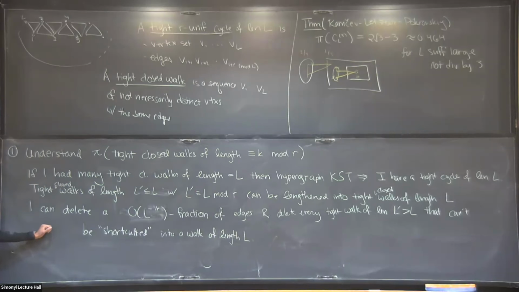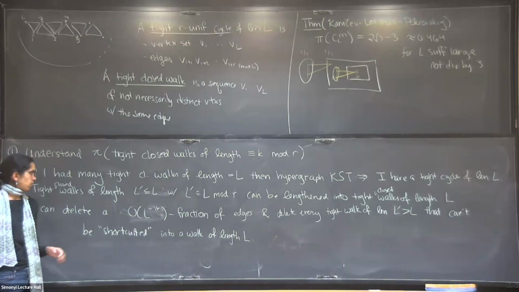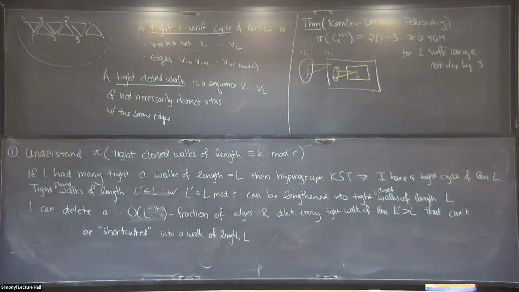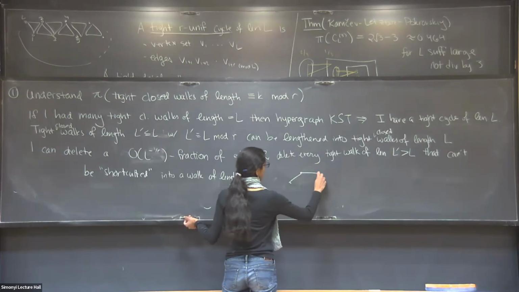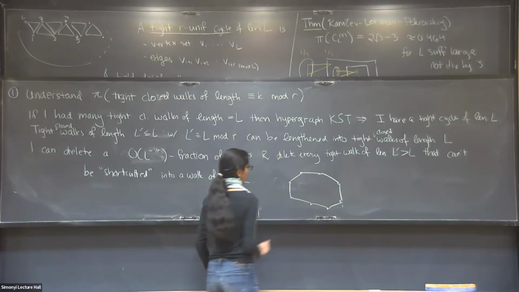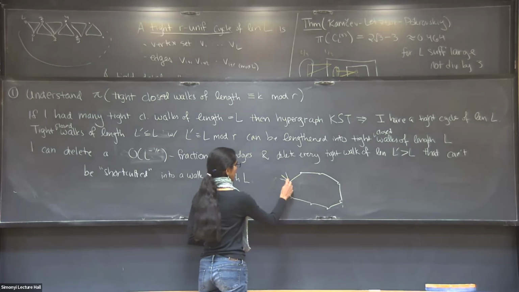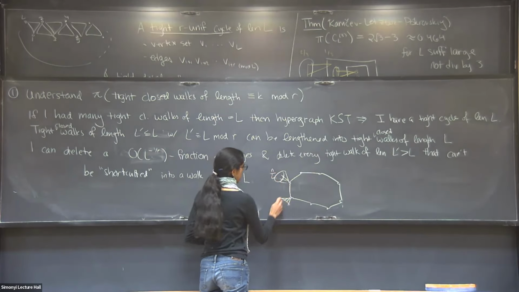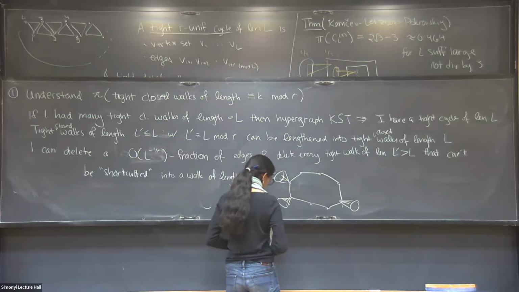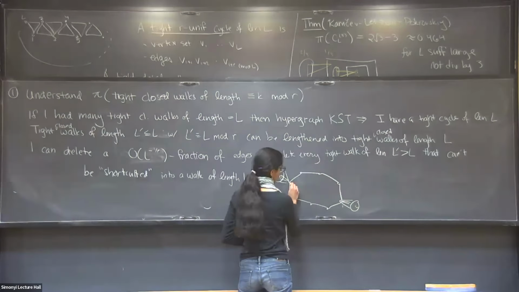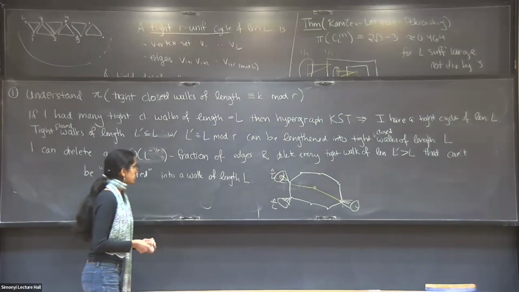So what you might picture in graph world is you start with your graph and you delete a small fraction of vertices whose degrees are less than 1 over L. Then if every vertex in your graph has degree at least omega of 1 over L, you can sort of shortcut any long cycle, because if you have a cycle of length much longer than L, each of these vertices has a neighborhood of size n over L. And so 2 of these neighborhoods will overlap in some vertex, and so I could shortcut the cycle like that. So the rough idea is